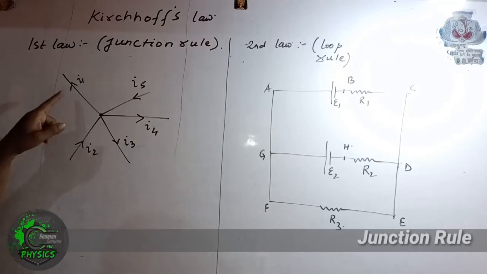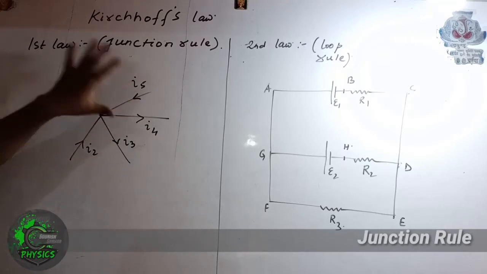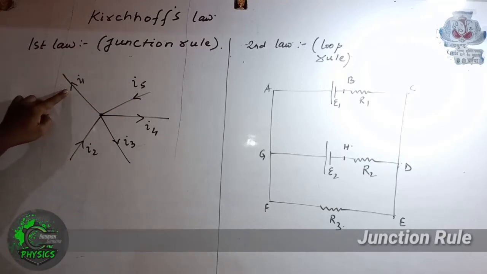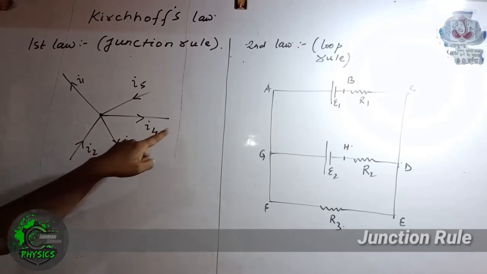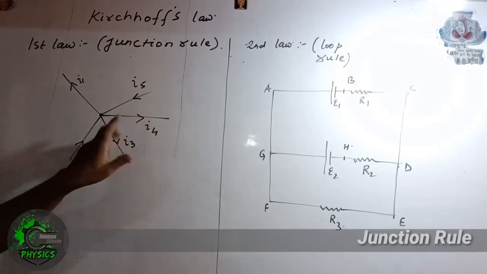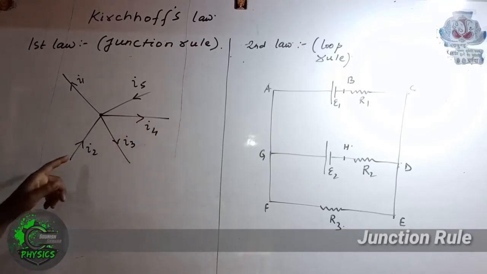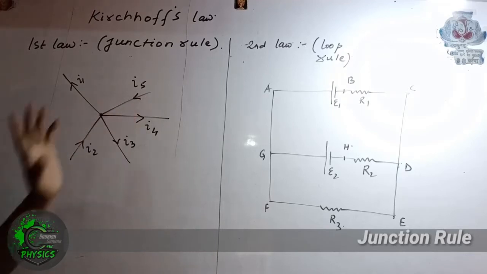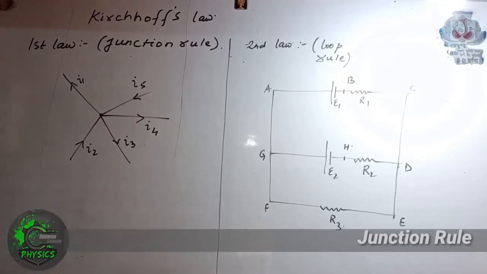You can see that in this diagram, I1, I3 and I4 are outgoing currents, whereas I2 and I5 are incoming currents. So, the junction rule states, in an electric circuit, the algebraic sum of currents meeting at any junction of